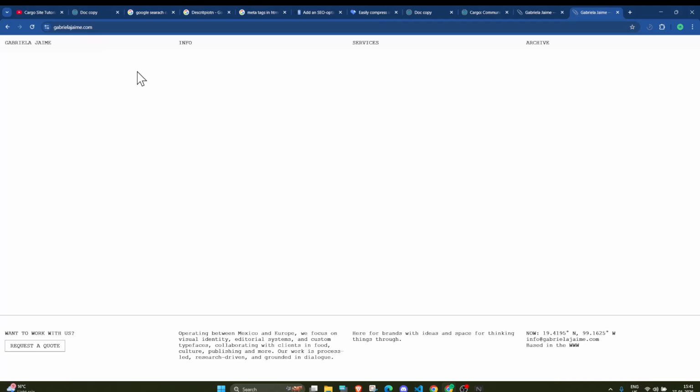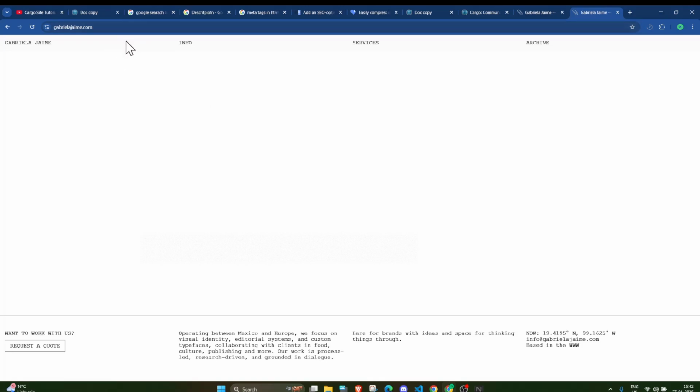Because everybody has a unique name, it is very easy to rank your website in the search result. Same if you have a studio or design studio, the probability is very high that you have a unique name for your creative design studio or any business which you have.